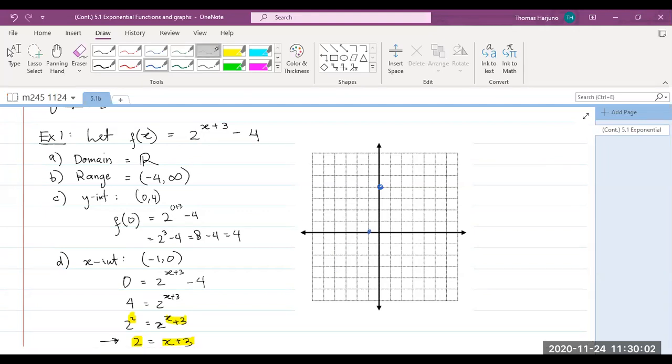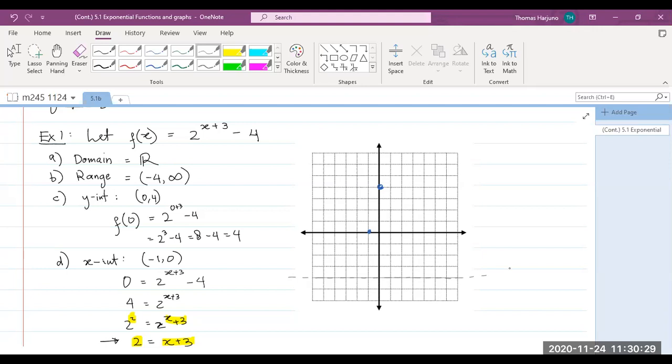The horizontal asymptote is y equals -4, so that's the horizontal asymptote. But using only these two coordinates and the horizontal asymptote, you won't be able to actually tell what the graph looks like. Of course, you can say, oh, Thomas, can I plot more coordinates? Let's say x equals 2, x equals 3. Yeah, you can, but